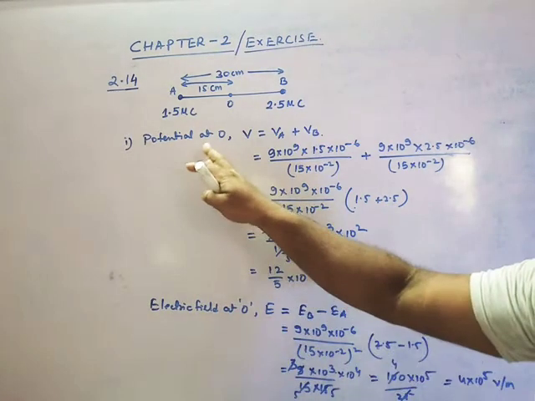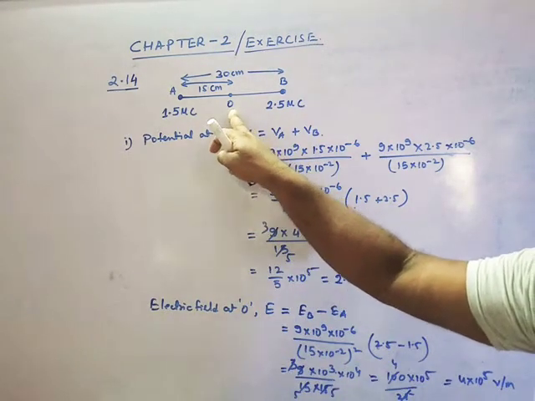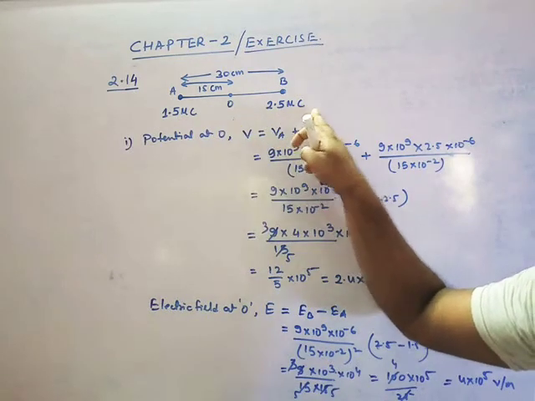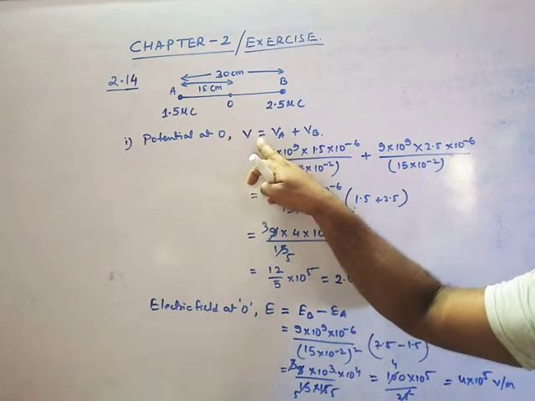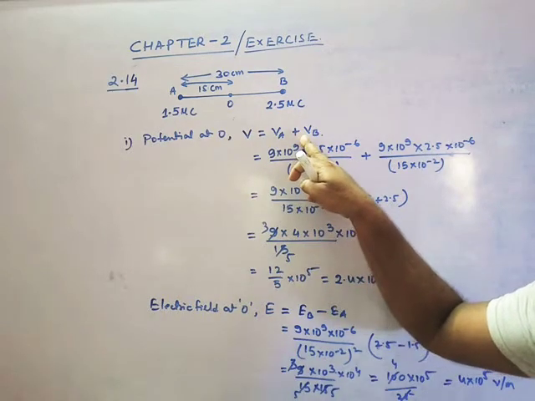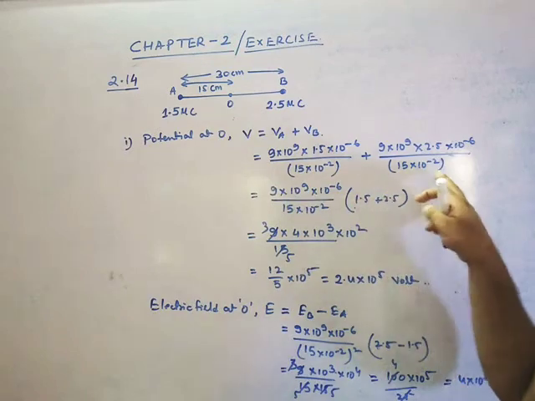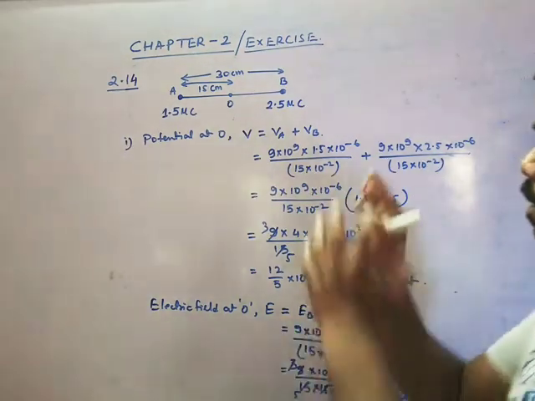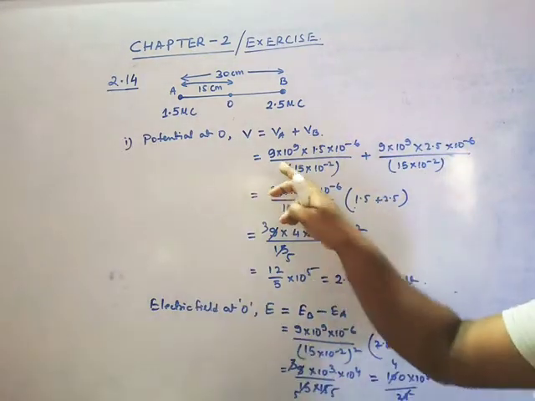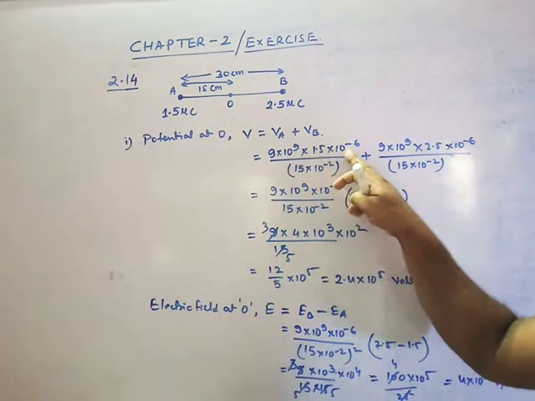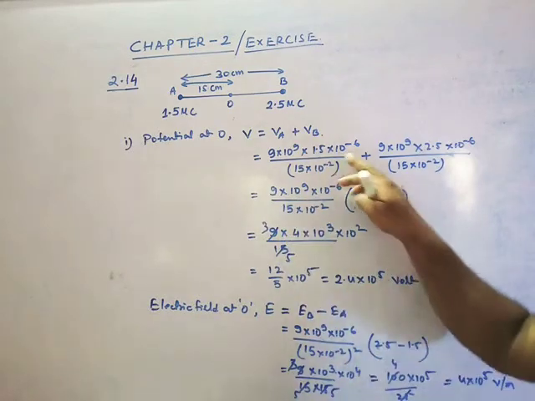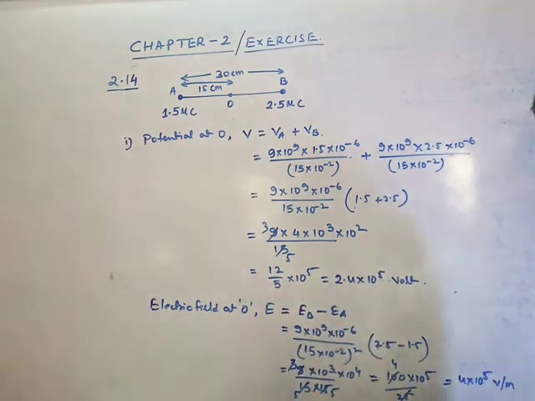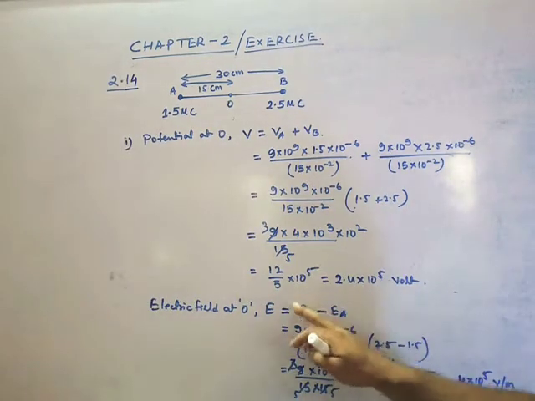You can see this is 2.14, right? We are going to find the potential at the point O, that is at the midpoint, right? And this is 1.5 and 2.5 microcoulombs. Potential at the O point: we know it is a scalar quantity, so we have to add both the potentials, is it right? First you take the common, this is common, so I will take this first and these two will come in addition. After that you can easily calculate, is it right? This is the way to solve. Okay, after that this comes to 2.4.